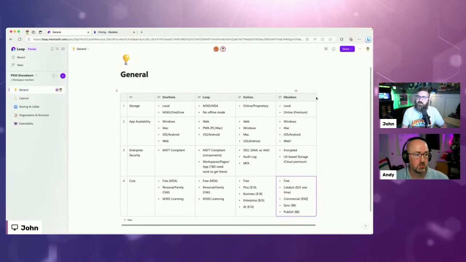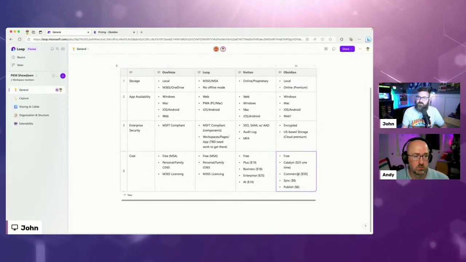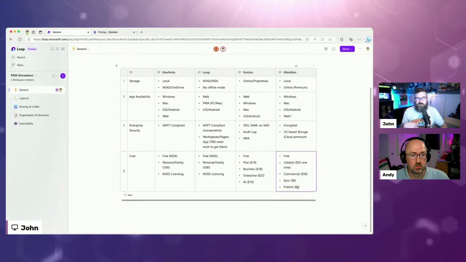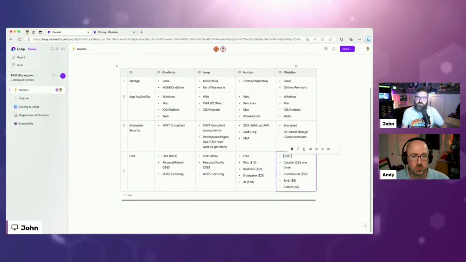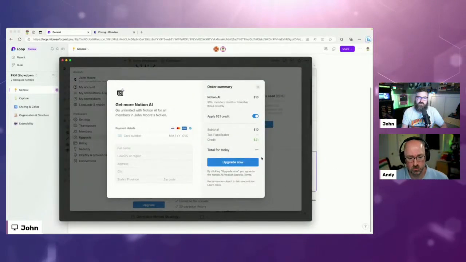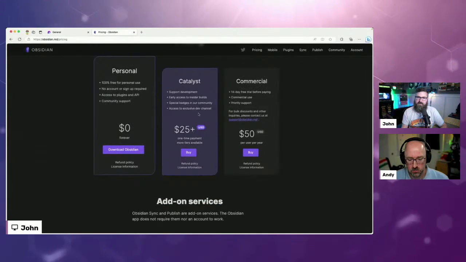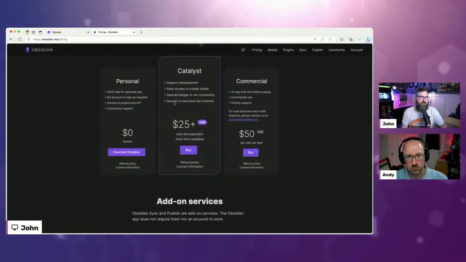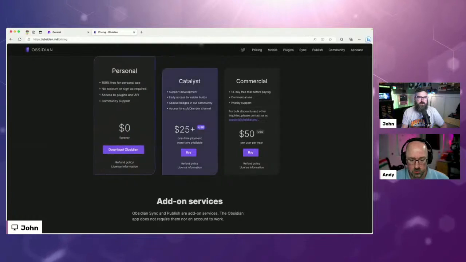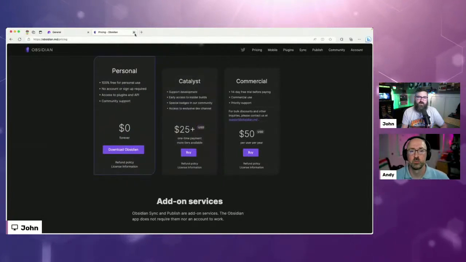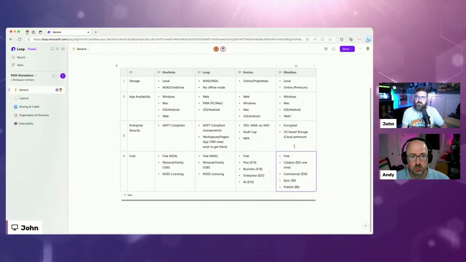Okay. Interesting. So you're kind of building your own. I think for most personal people, what I would do is probably have the free version plus the sync, if I wanted more flexibility, just for an individual person. Catalyst, you're basically supporting the developer with that one. So $25 one time is not bad for that if you really use it, and the value of that is probably way more than $25.